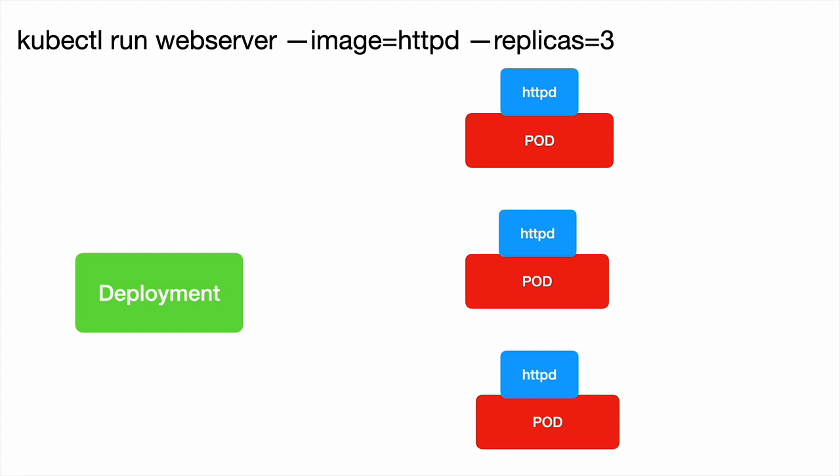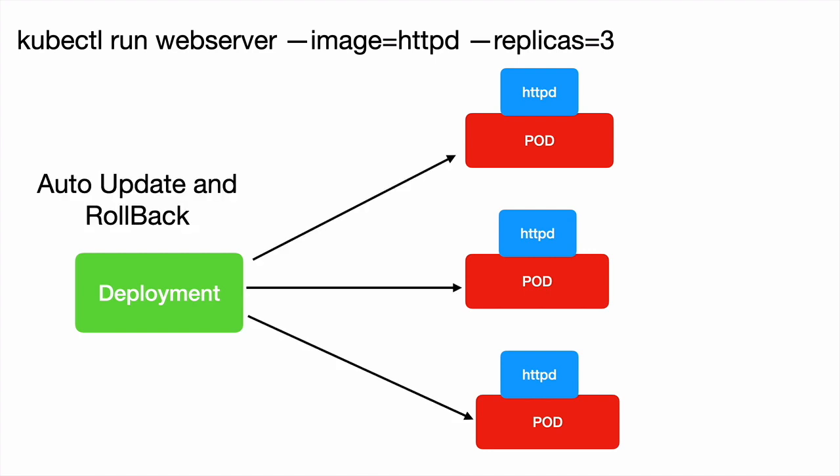So from this command, using kubectl against your Kubernetes cluster, you are creating a deployment called web server, and you are telling Kubernetes, please pull an image from the central Docker hub called HTTPD, which is the Apache web server image. Kubernetes will pull that image. It will launch a container out of that image and it will create a pod, but not just one pod. We are asking it to create 3 pods. The --replicas at the end represents the number of duplicate pods we want on the cluster. Once they are created, we can update them, roll back to a prior version, and we can even have reconciliation and auto scaling as well. All the cool things that I have explained about Kubernetes in the introduction lecture, all that is possible through deployment.